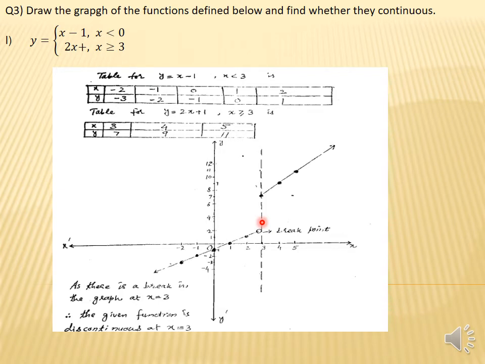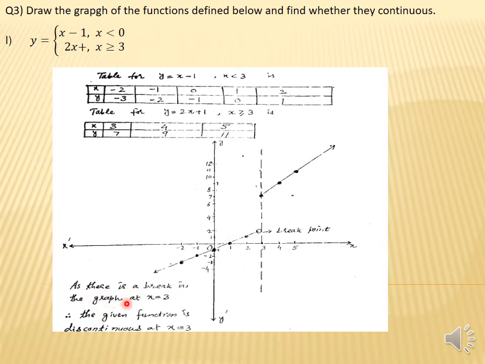At BSc level you can discuss in detail more, but at the intermediate level you just have to memorize it, where it is a discontinuous graph and it is a jump discontinuity. So on 3 for this curve the point is not included, so it is a break point, or you can denote it with the empty circle. At that point 3 you get the answer 7. So you can mark the dark circle point.